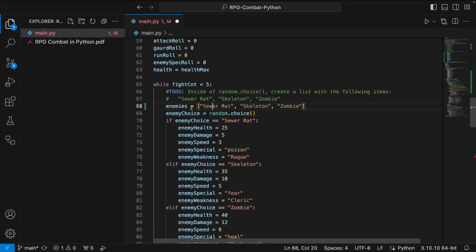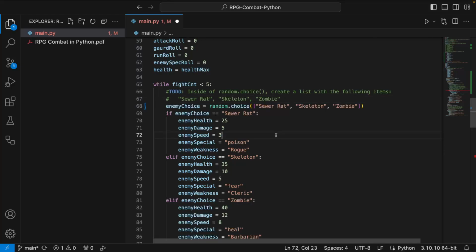So what you do is you make a list, square brackets or apparently parentheses. So I'll have to look into what the parentheses does. That's how you make your list, and then you'd put enemies right here. Or another way is you could just do this too. Either way is fine. Does that make sense?